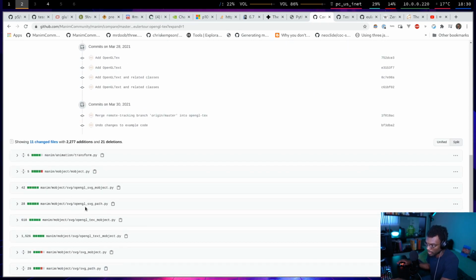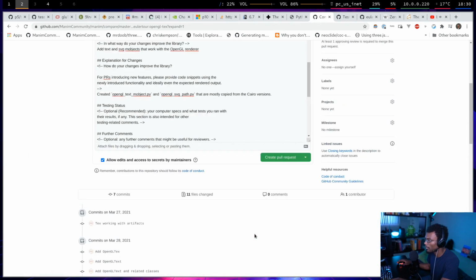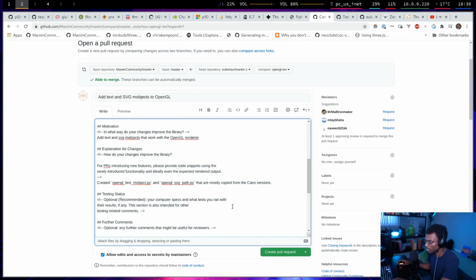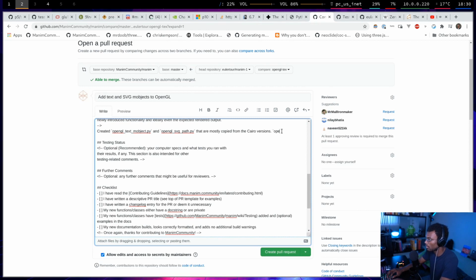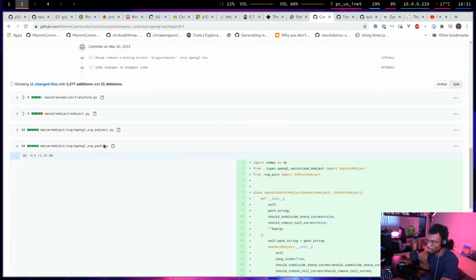Then these other two, SVG path and SVG object. Where'd that cursor go? OpenGL SVG path.py, and the other one have just enough information to allow reuse of our existing SVG/text logic. That was the other one. SVG path and